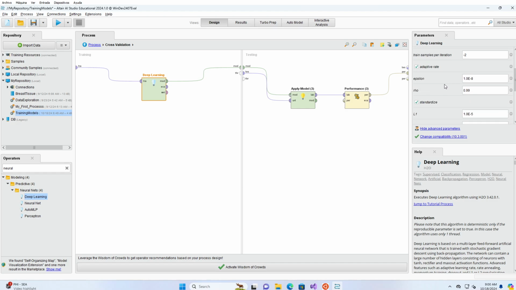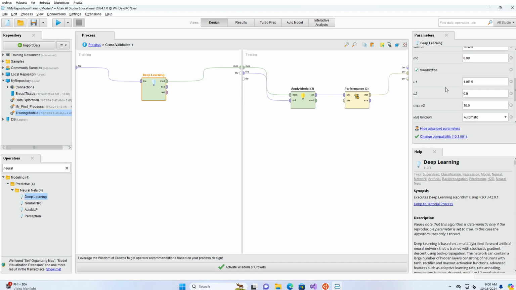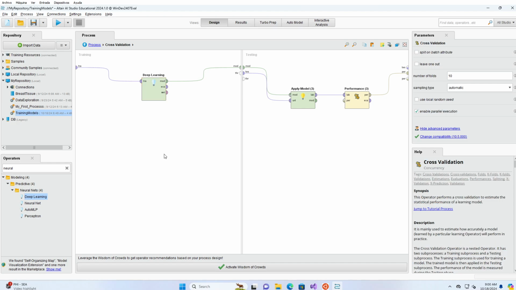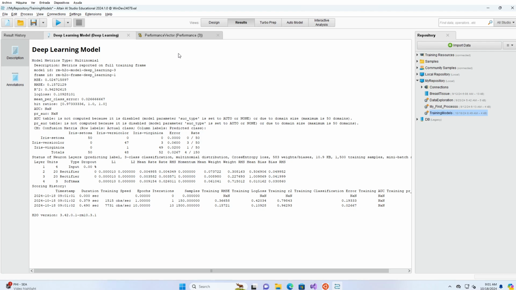And over here, we have other parameters such as values for regularization. By default, this operator also imputes using the mean imputation, although there's also the option not to do anything, but by default it uses mean imputation if it sees a missing value. This operator by default also numerizes any nominal attribute. The neural net does not numerize, but this one does. If we run this process,